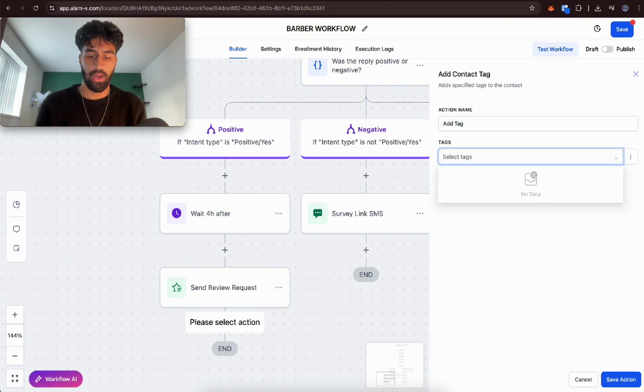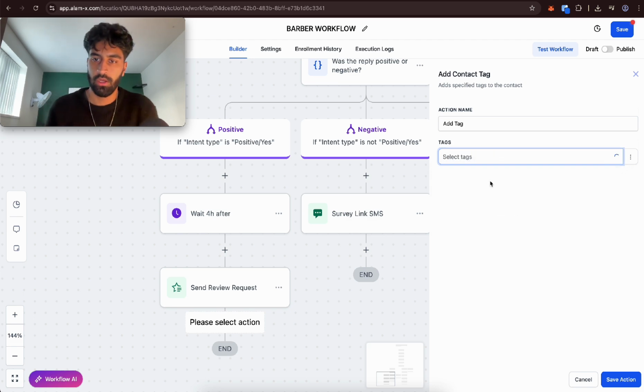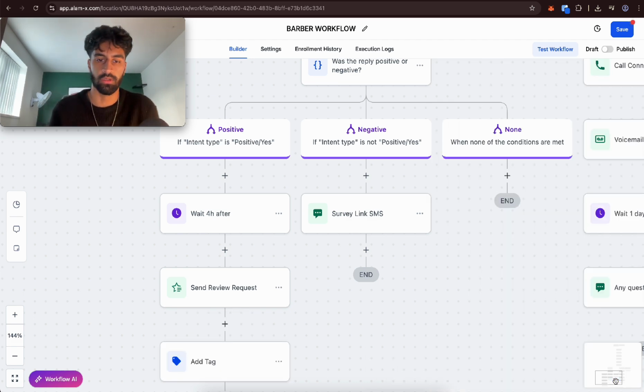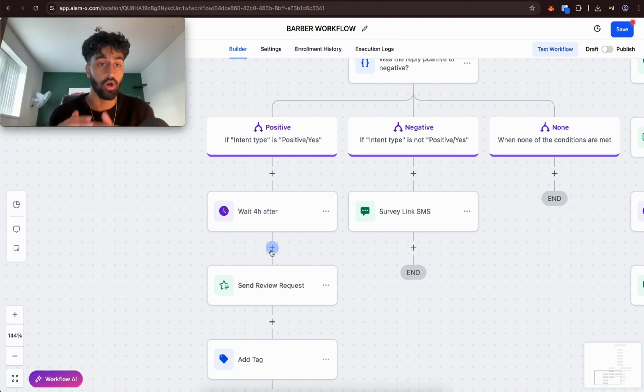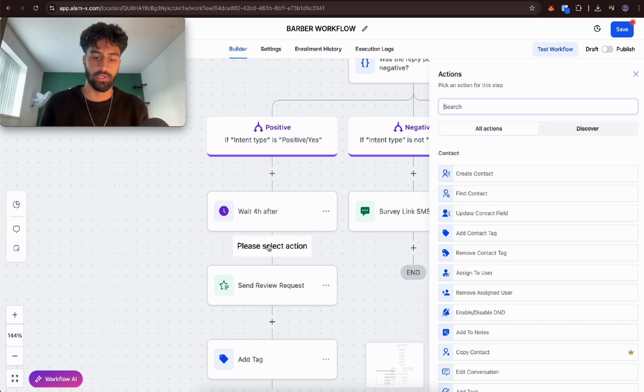After, we're going to tag them. And we can tag them as a haircut customer. Okay, so let's tag them as a haircut customer. So now, just so they're not always repeatedly sent this Google review request, we want to filter them if they're tagged or not. The idea is, if they are tagged, we're not going to send them, because the only way they've been tagged is after they've been sent. Does that make sense? So if they haven't been tagged, that means they're new. If they have been tagged, it means they've been through this automation before, and we don't want to send them the review request again. So let's do an if else